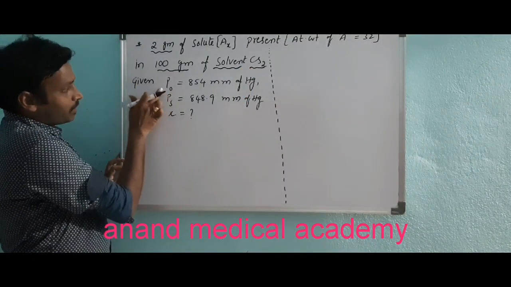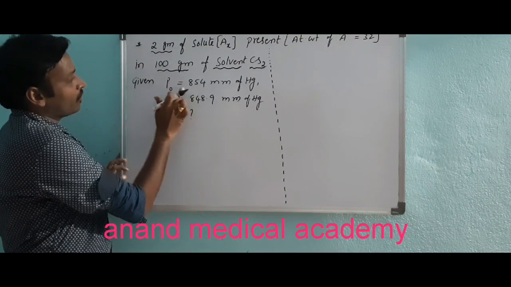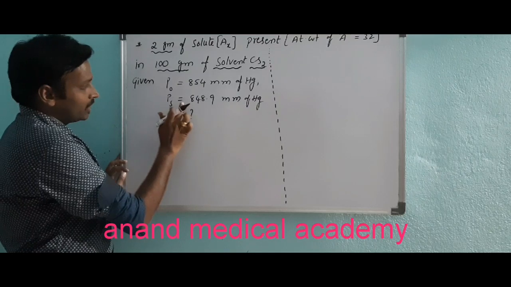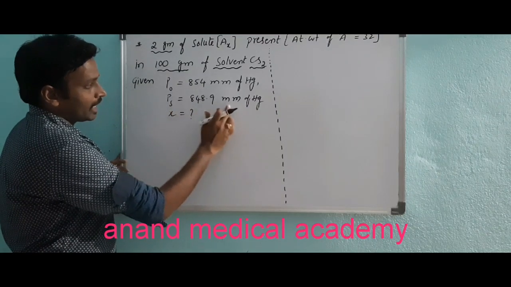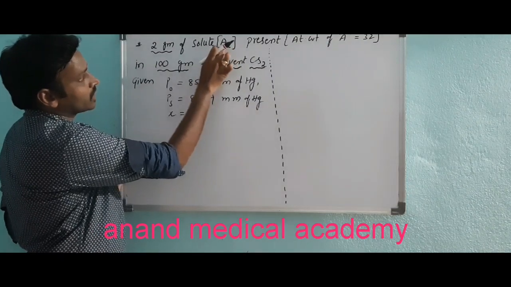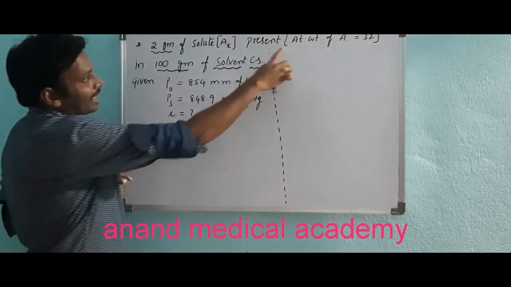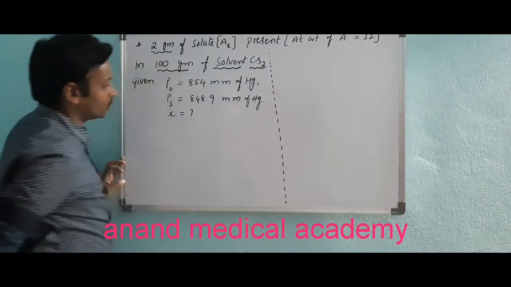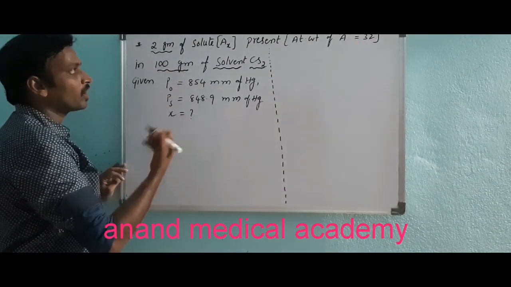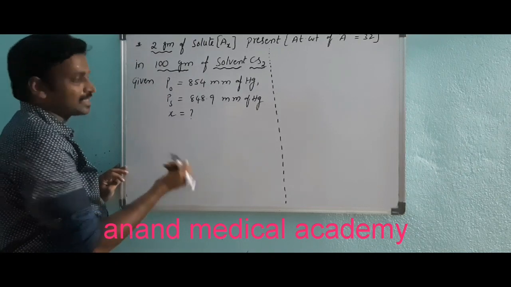It is given that P0, the vapor pressure of the pure solvent, is 854, and PS was given as 848.9 mm of Hg. The solute formula was given as AX. The atomic weight of A was given as 32, and we are asked X, meaning A2 or A3, A4, or what exactly